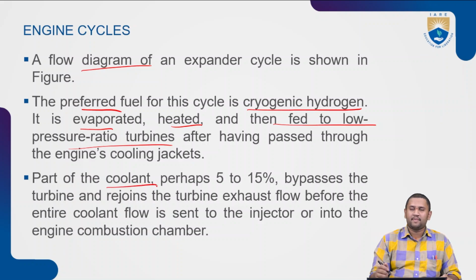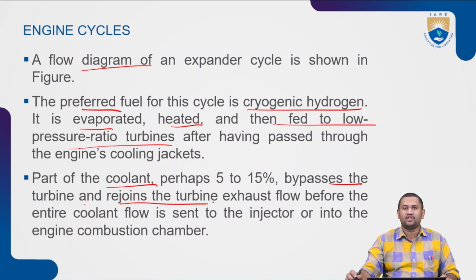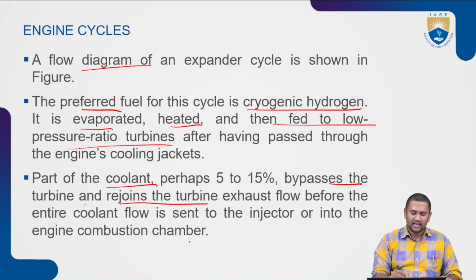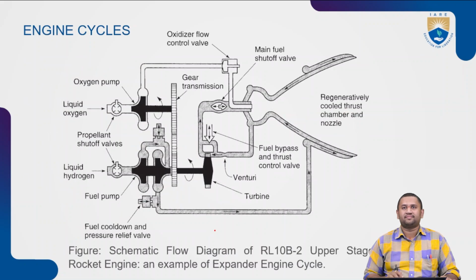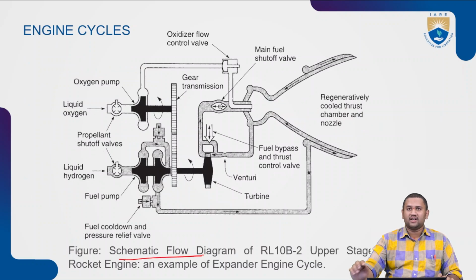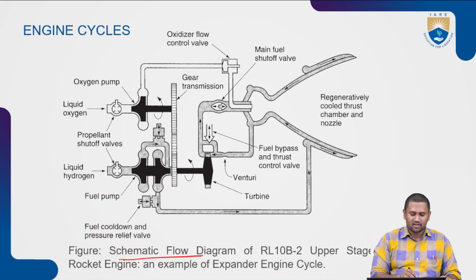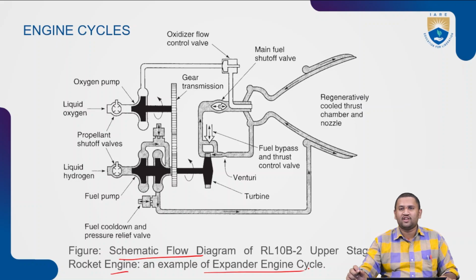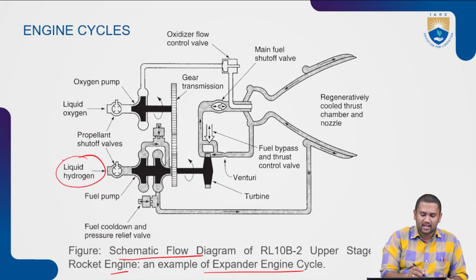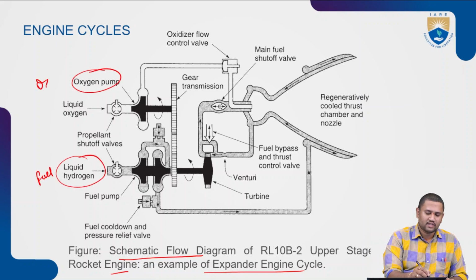As a part of the coolant, perhaps 5 to 15% bypasses the turbine and rejoins the turbine exhaust flow before the entire coolant flow is sent to the injector or to the engine combustion chamber. This figure shows you a schematic diagram of the RL-10B2 upper stage rocket engine, which is an example of the expander engine cycle, where liquid hydrogen, that is my fuel, and liquid oxygen, that is my oxidizer,